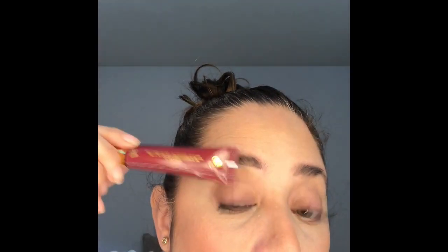Then this Wonder, I cannot say if it's good or if it's bad because I have my eyelash extensions. Look at this one. I mean, look, they're still here. Well, I will tell you my thoughts about my eyelash extensions later. But I think this is a good product. It is a good product. This one, I really like it a lot. And this one, the blush is beautiful, but the brush is...